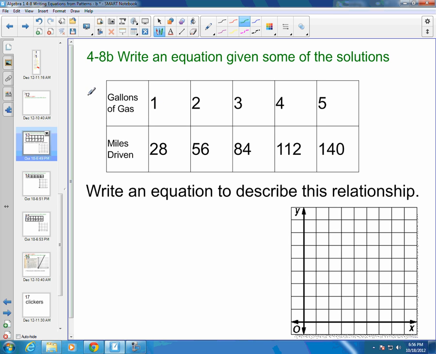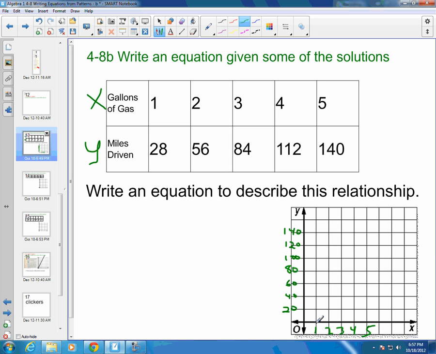I see that this is my top row, so I'm going to call this X, I'm going to call this Y. And so my X's are going to go 1, 2, 3, 4, 5, so that's pretty easy. My Y's are a little bit more difficult. I need to get up to 140. So if I count by 20, so 20, 40, 60, 80, 100, 120, and 140, that gets me enough